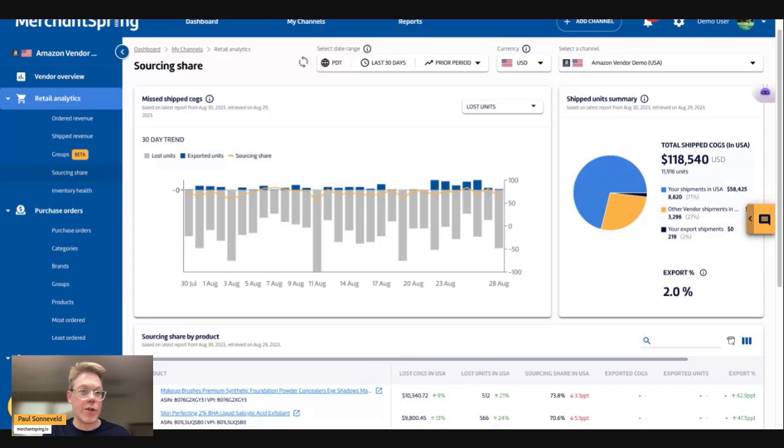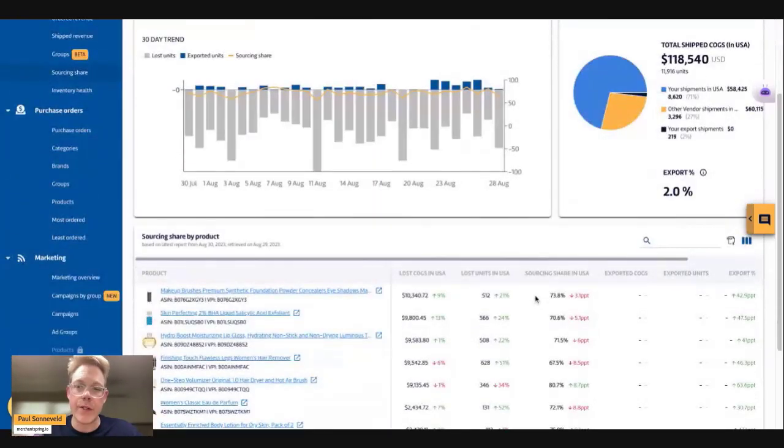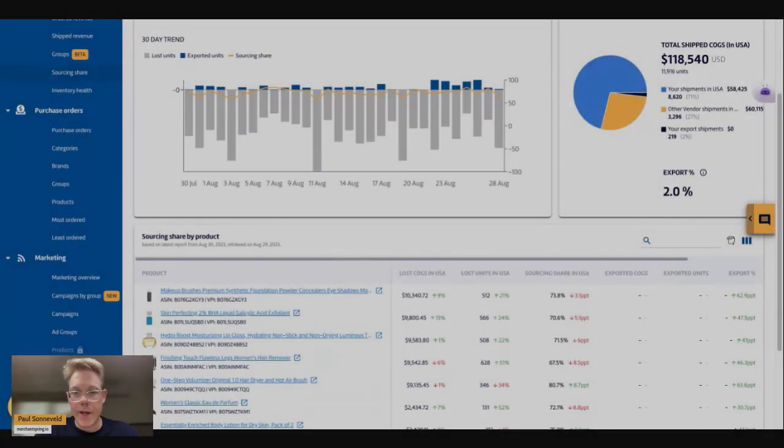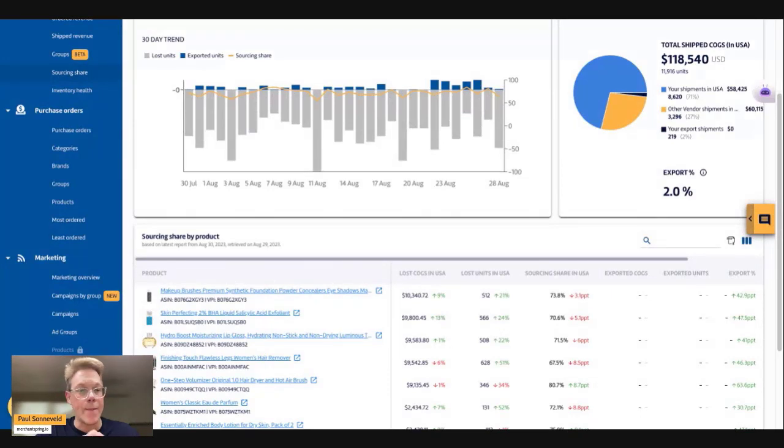Now, of course, there's a question of, what do you do with this data and what's the so what? Well, there's really two specific things that are worth thinking about. One is if you see one of your products where Amazon is consistently sourcing from somewhere else, clearly that represents a lost sales opportunity for you or your client, and it's worth working through how you can close that gap. Is this around pricing or availability? Obviously I don't have insights into that, but there's an opportunity to go after there.